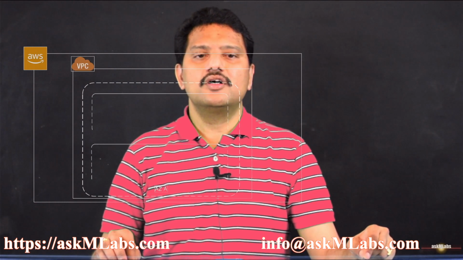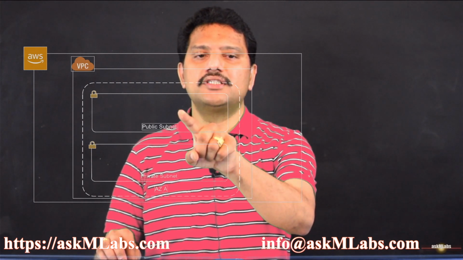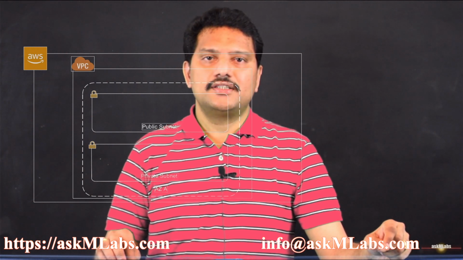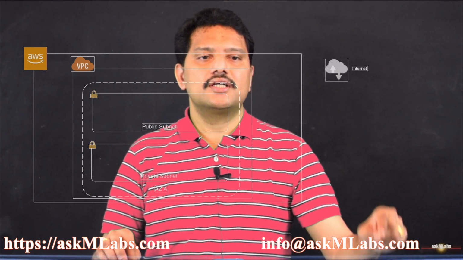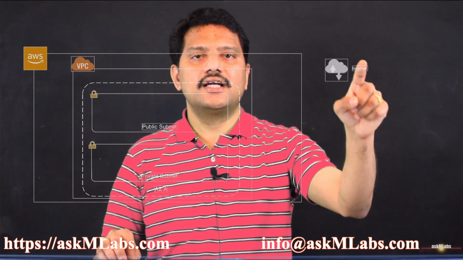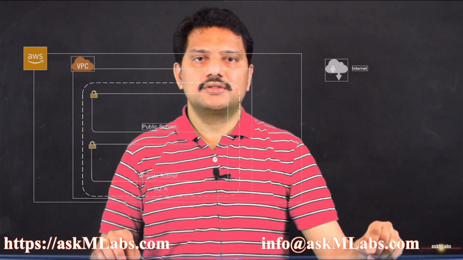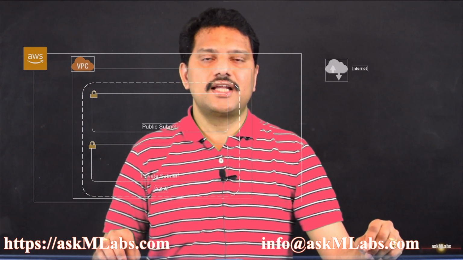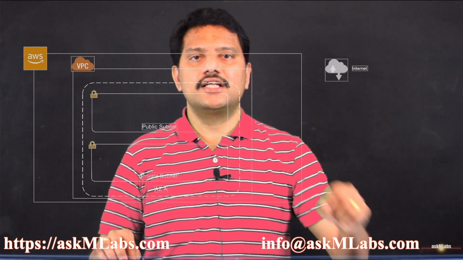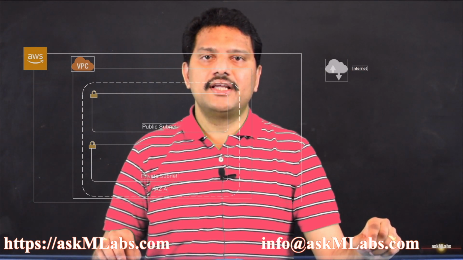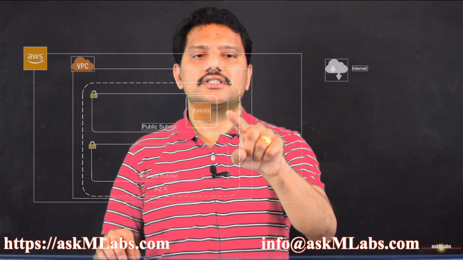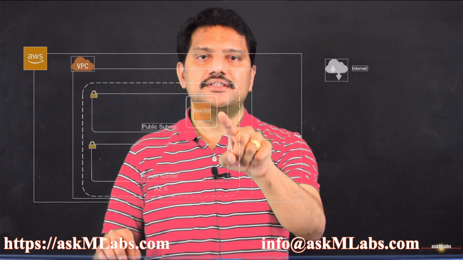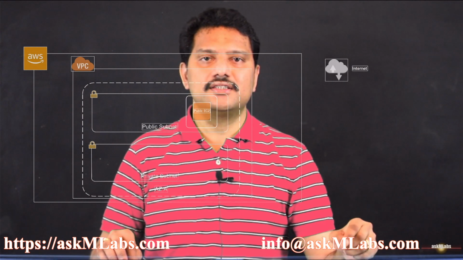Now let us assume that we have two subnets, a public subnet and a private subnet defined. Before I further define an EC2 instance, let me also assume that we have a client defined here as an internet. Now it is time for us to create an EC2 instance and define how this EC2 instance can access either the internet or the internal component. Now I have created an EC2 instance within this private subnet. I am going to talk about how this EC2 instance can access the internet and how the internet client can access this EC2 instance.